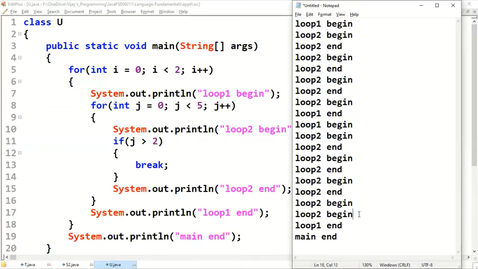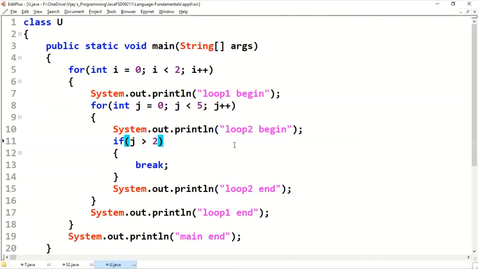So we don't get loop 2 begin once again. It is not going to continue to the next iteration. It is going to break the entire inner for loop. Comes out, loop 1 end. Then i is becoming 2. 2 less than 2? No, comes out. Main end. This much of output you'll get.